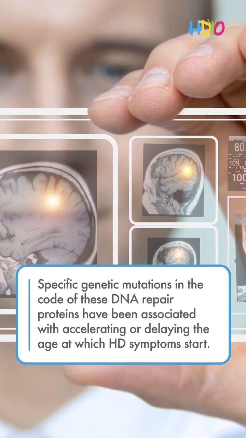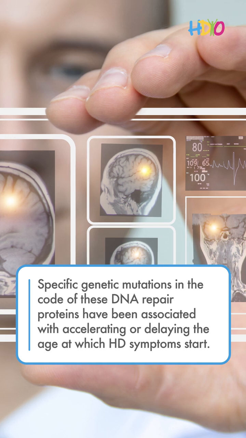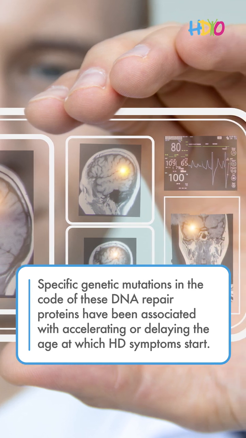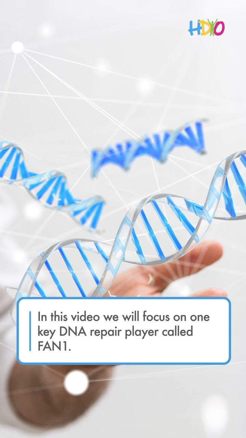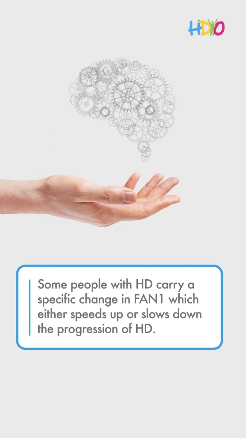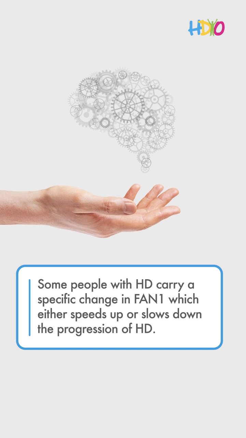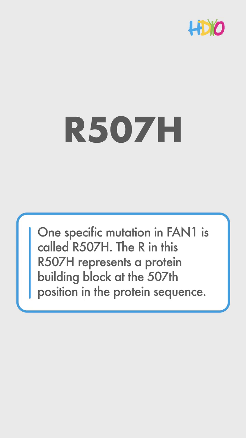Specific genetic mutations in the code of these DNA repair proteins have been associated with accelerating or delaying the age at which HD symptoms start. In this video, we will focus on one key DNA repair player called FAN1. Some people with HD carry a specific change in FAN1 which either speeds up or slows down the progression of HD. One specific mutation in FAN1 is called